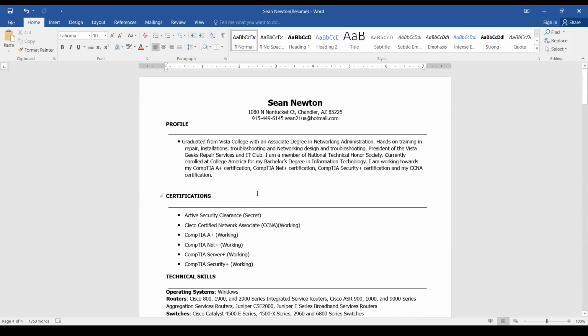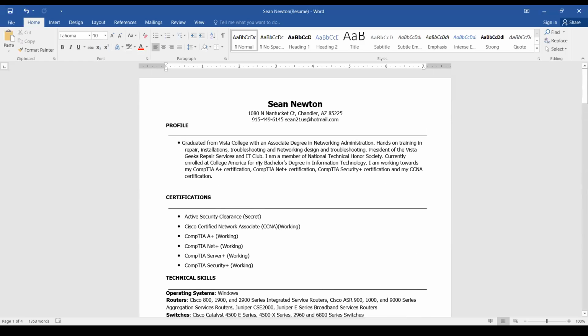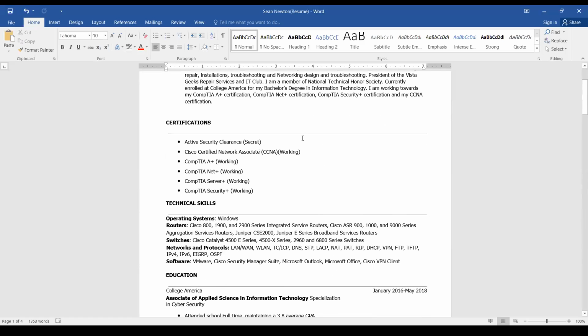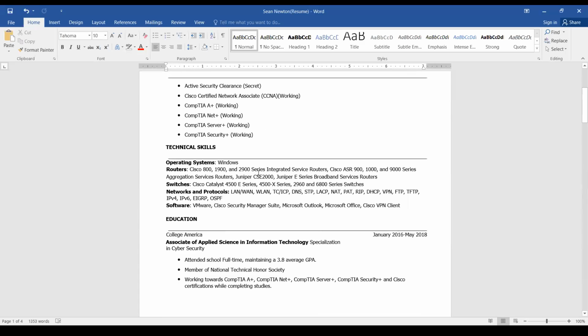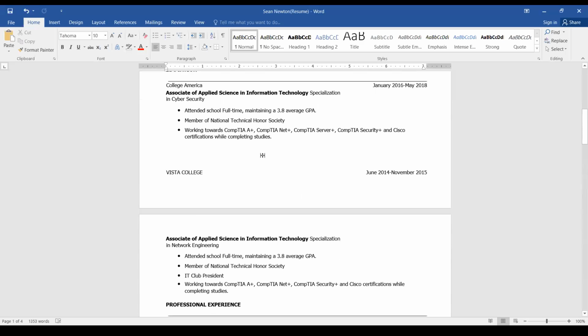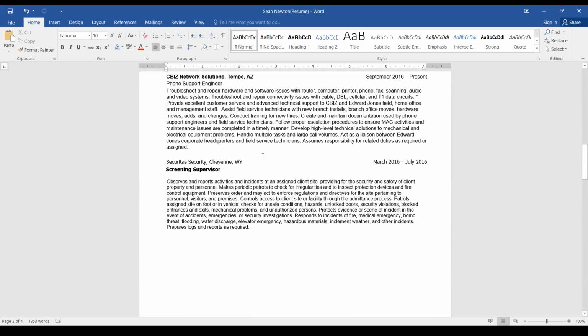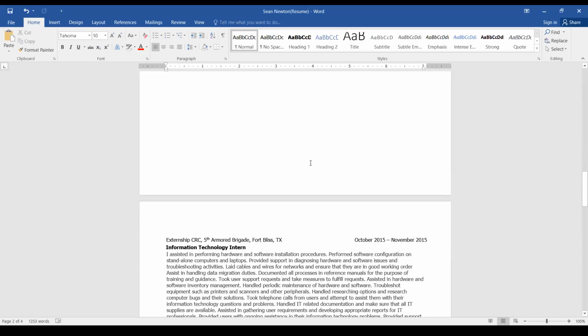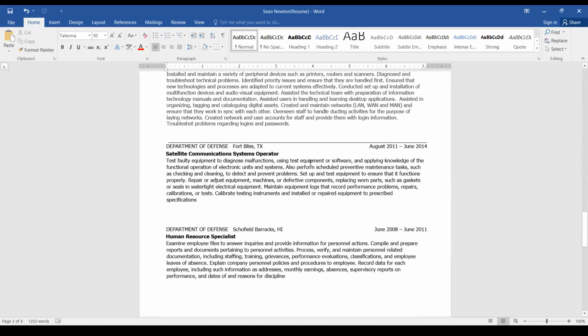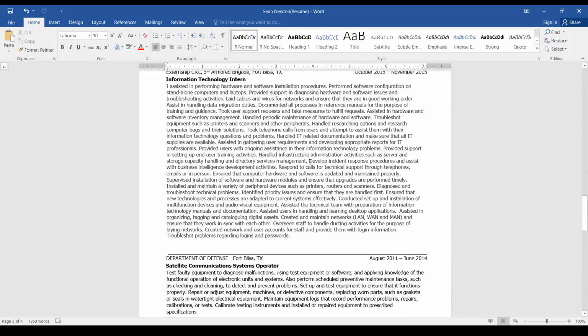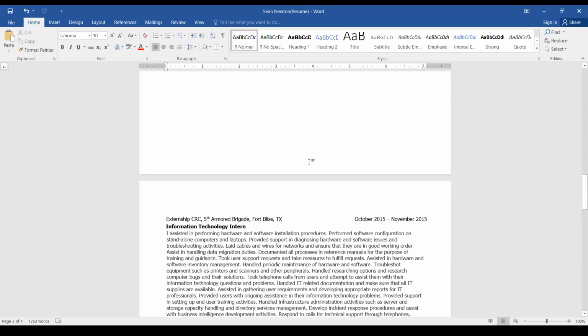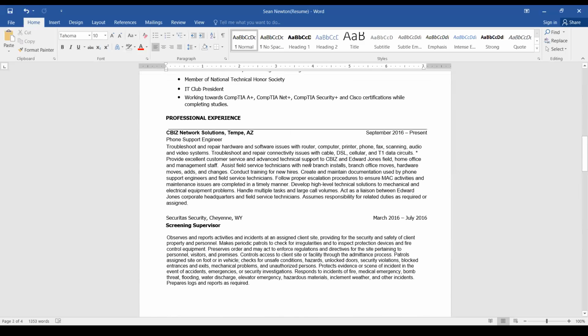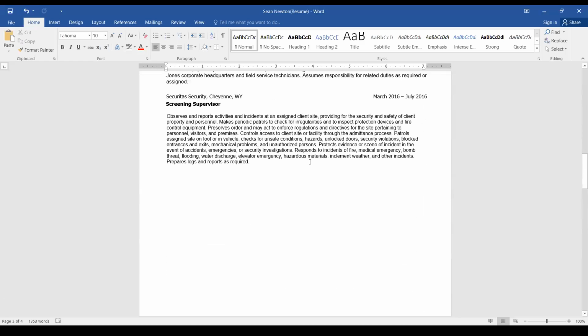So your resume goes down to a page. It starts with objective. This is the kind of position you're looking for. You have qualifications. That can be your certifications and technical skills. Then the education, very quick, and then your professional experience. You've got two positions that obviously, let's see, you were in the military from, looks like from June of 2008 to November of 2015.